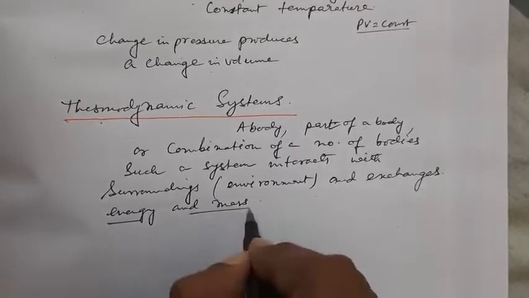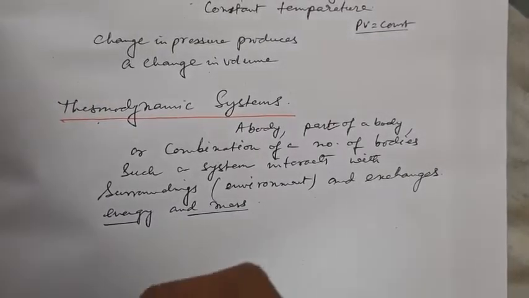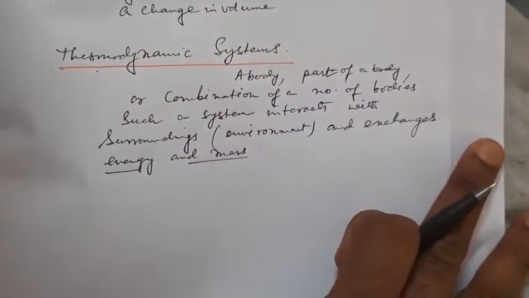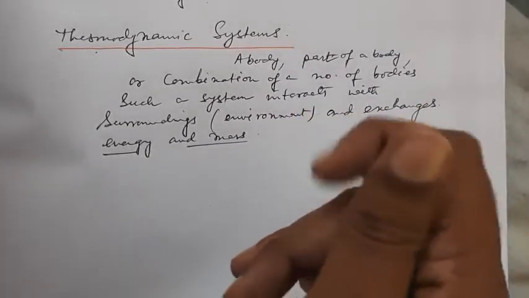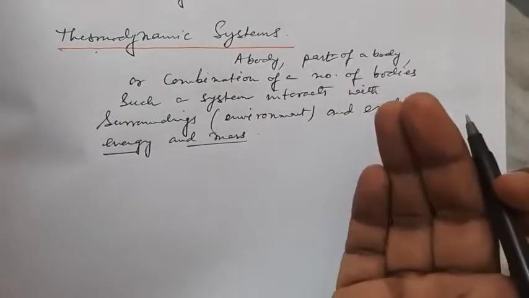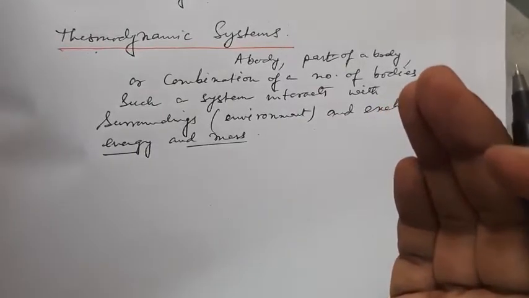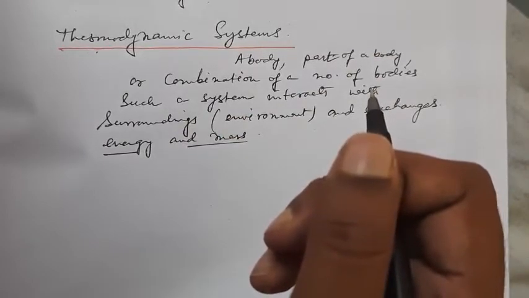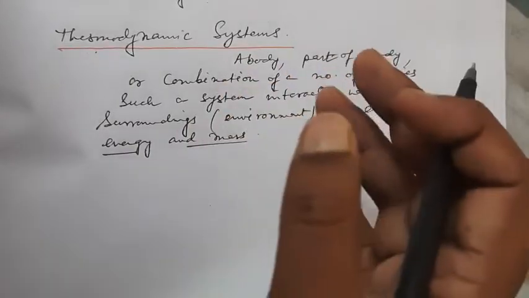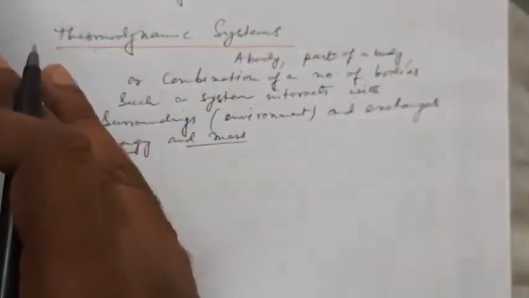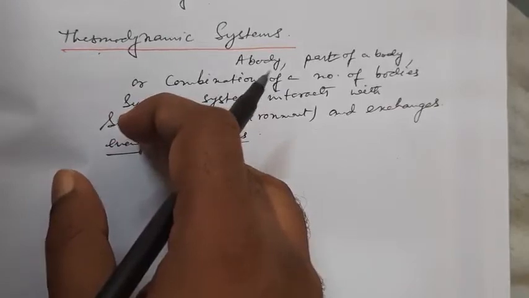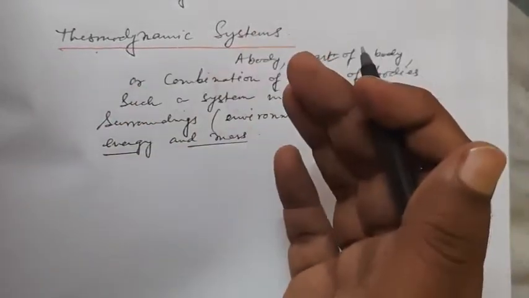Now these two terms are very important. A system exchanges energy and mass. The environment or surroundings includes all external objects that have some influence on the system. For example, if a room in a house is considered as a system and its thermal properties are to be studied, the sun at a distance of 10 to the power 8 kilometers or something like that is an important component of the environment, but